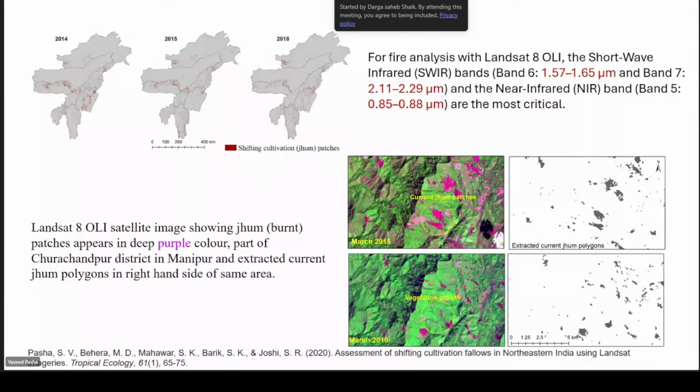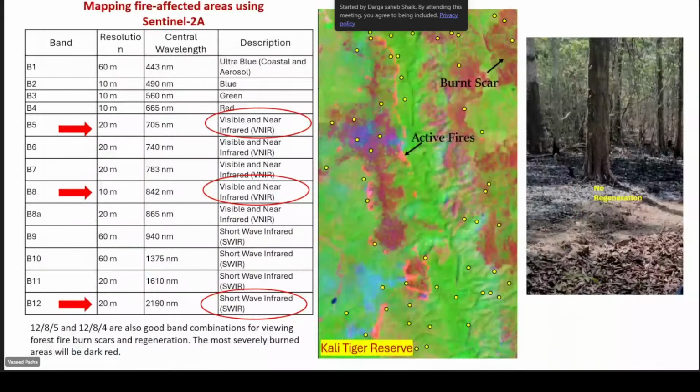This is assessment of shifting cultivation. So what are the bands useful for this? Mapping of fire affected areas using Sentinel-2. In Sentinel, there are 13 bands. You can see 12 bands here, but there is an extra band, B8A, which is also a visible infrared band. Here the most widely used three bands I will tell you.